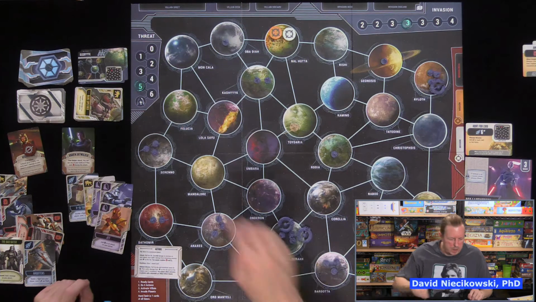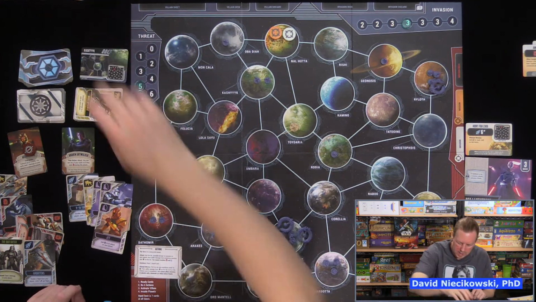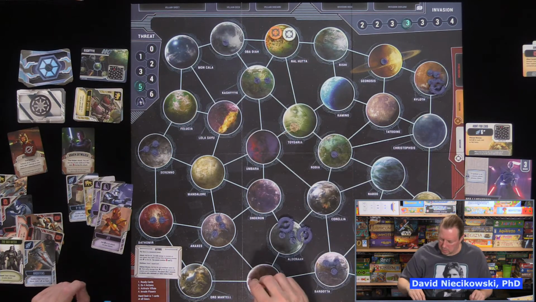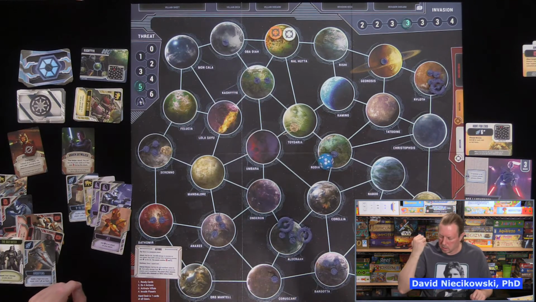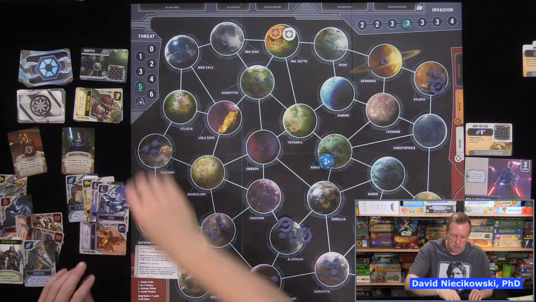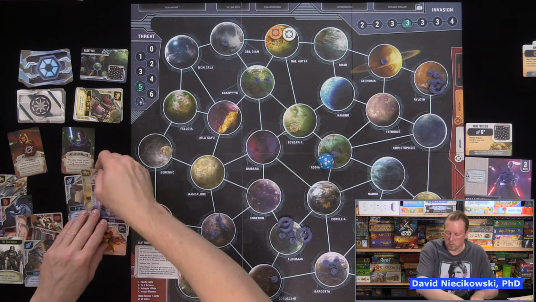Alderaan already came up. No, it won't come up. I got to get to Sereno. And I got to make my way back over here anyway. 1, 2, 3. I'll attack. 2 hits, I exhaust 1 card to remove them all, and I absorb that 1 damage with my